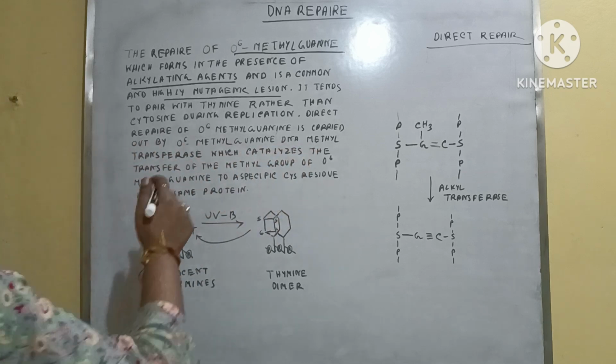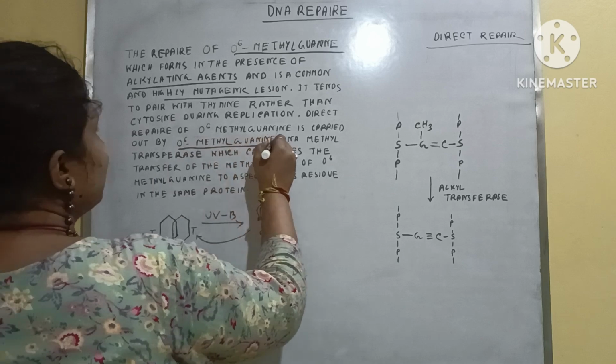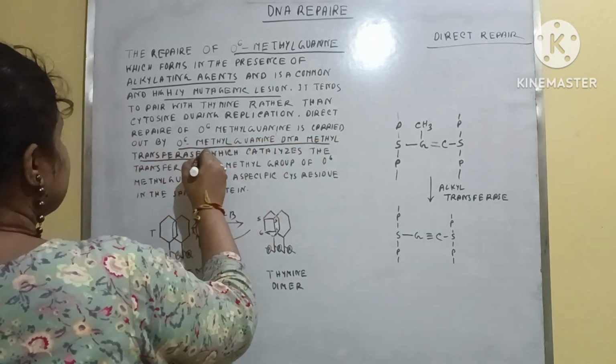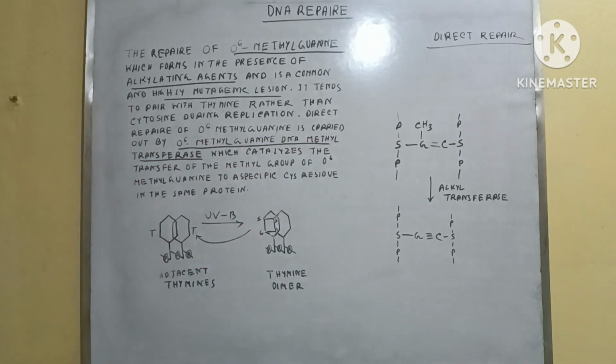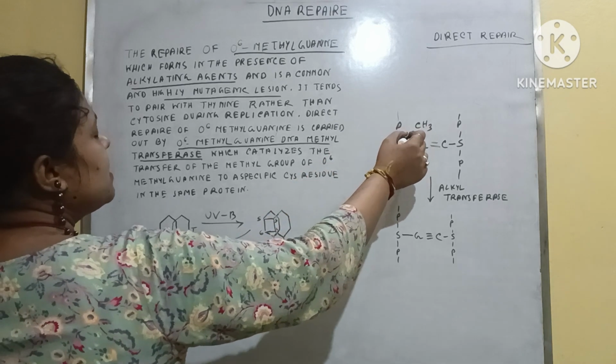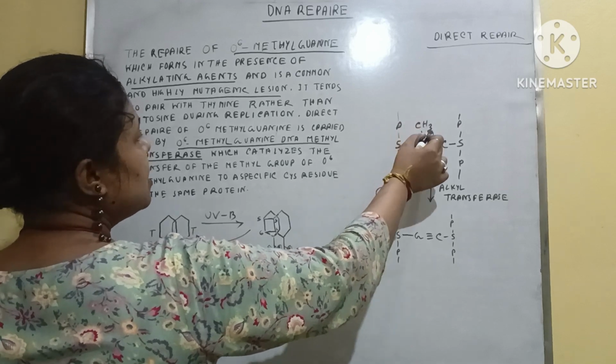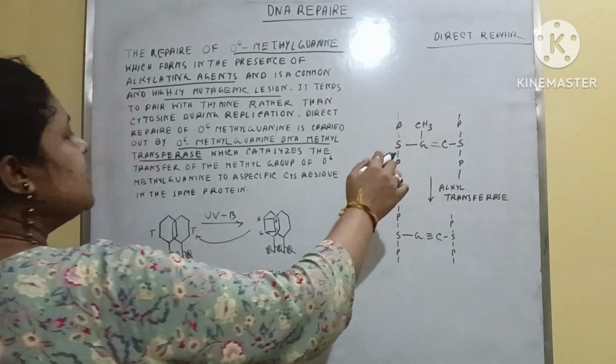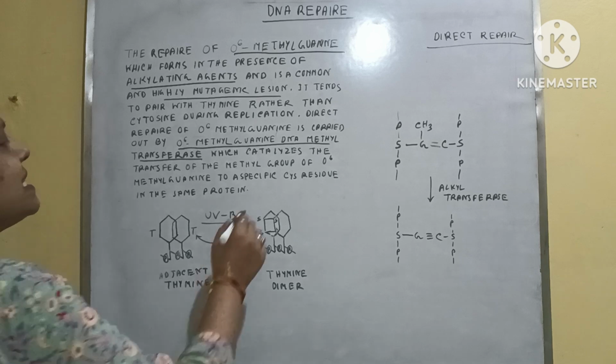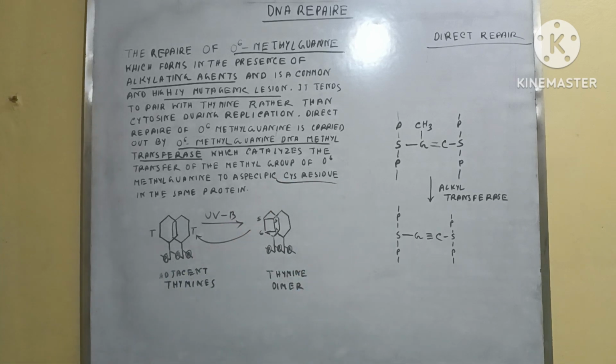This is the actual enzyme, and its main function is that it takes the methyl group from the guanine where it is attached and transfers it to the cysteine residue in the same protein. This occurs due to the presence of alkylating agents, and this is the example where the